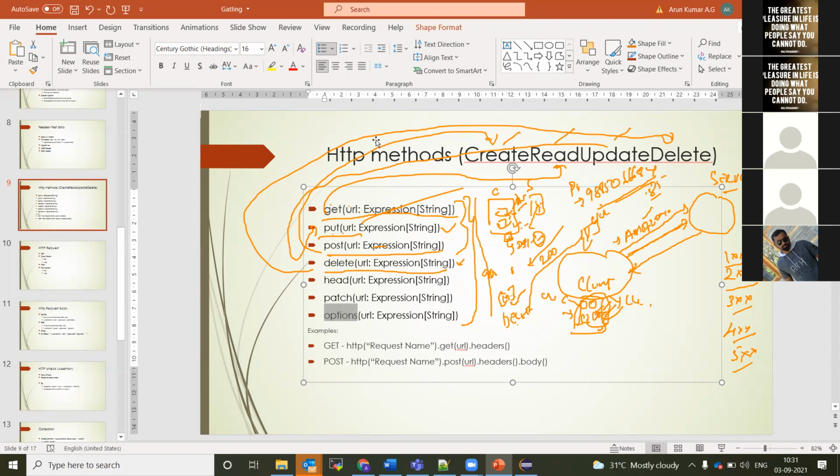It will be directly visible in the URL. Since it is not a secured method, we shouldn't use the get method there.